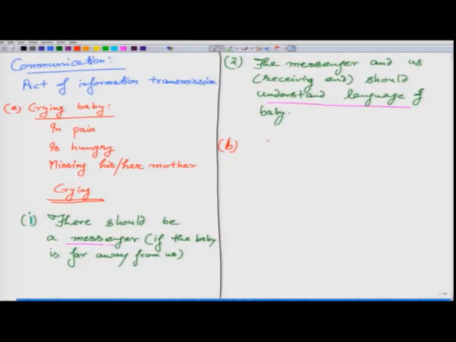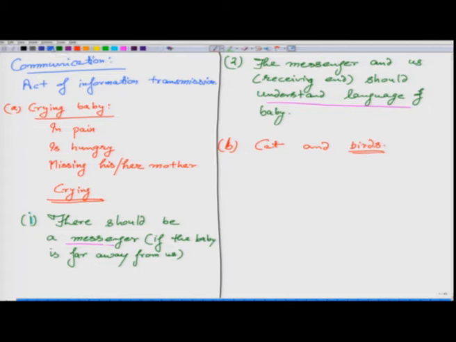So, the second example is that of cat and birds. Whenever birds see a cat nearby, they start creating huge noise, and by the act of creating noise, they are passing on the information that there is danger nearby. So, in both of these examples, we see that for communication there is one source of information, which in the case of the crying baby is maybe the pain or the hunger, and for the cat and bird case it is the danger nearby. So, there needs to be one source of information, there also needs to be at least one receiver of information,